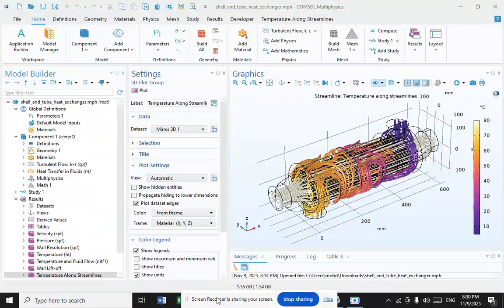Shell and tube. Shell and tube heat exchangers consist of a series of tubes which contain fluid that must be either heated or cooled. A second fluid runs over the tubes that are being heated or cooled so that it can either provide the heat or absorb the heat required. A set of tubes is called the tube bundle and can be made up of several types of tubes, plain, longitudinally